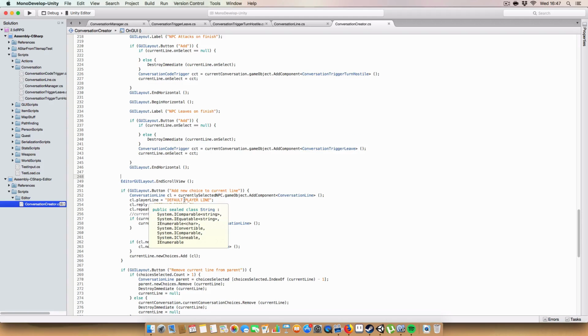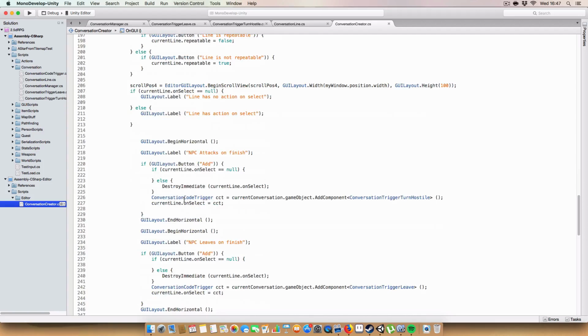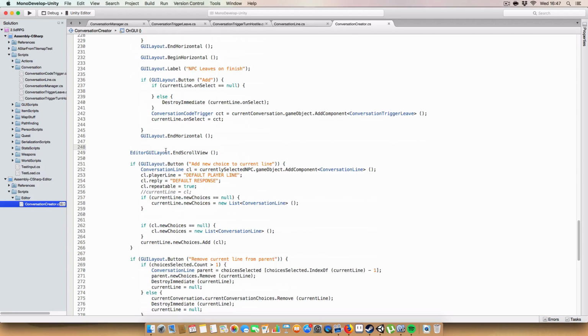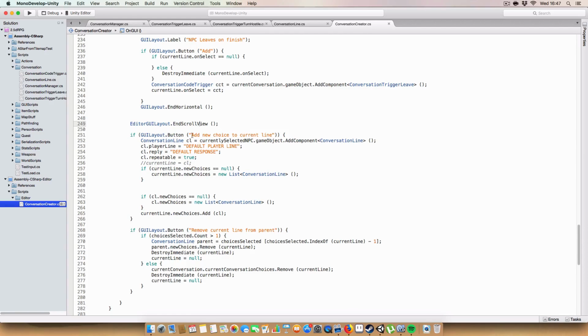Okay. And we end the scroll view here. Okay, and then